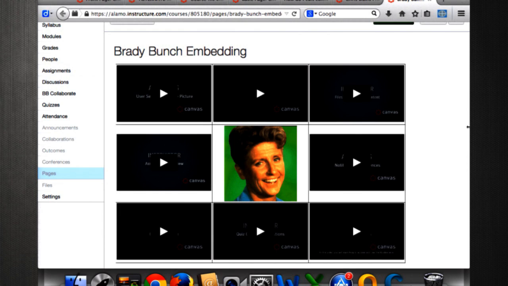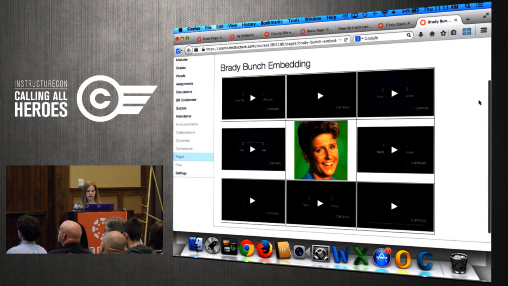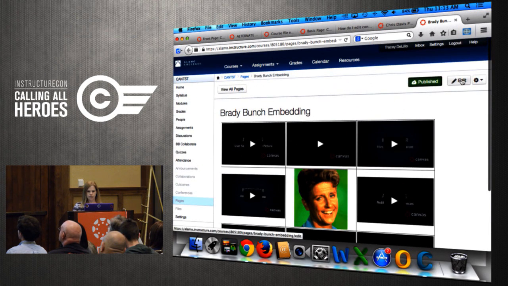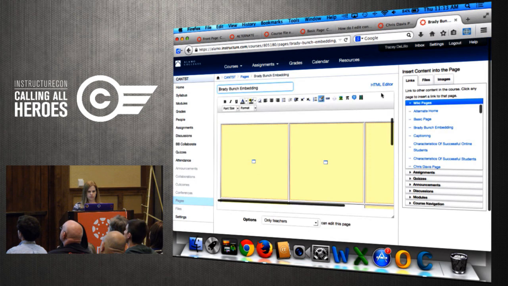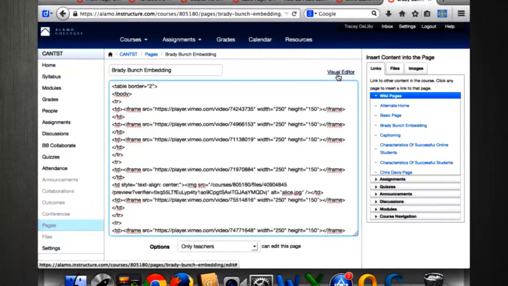So what I did was I took a bunch of Vimeo videos. These are all the Canvas help videos, if you haven't seen them. And I just created a table, and if I can get the code to display nicely, essentially each cell has iframe code to embed the Vimeos. And the Vimeos, if you go out there, you can grab the iframe code right from it. It's really easy.